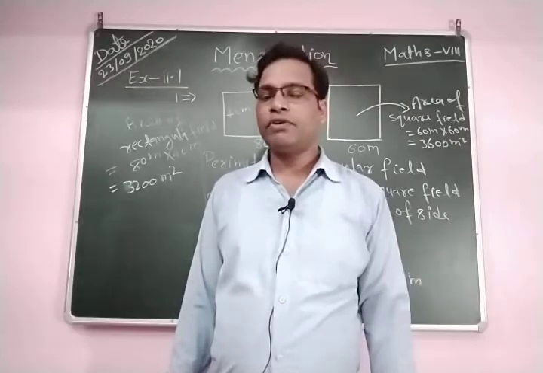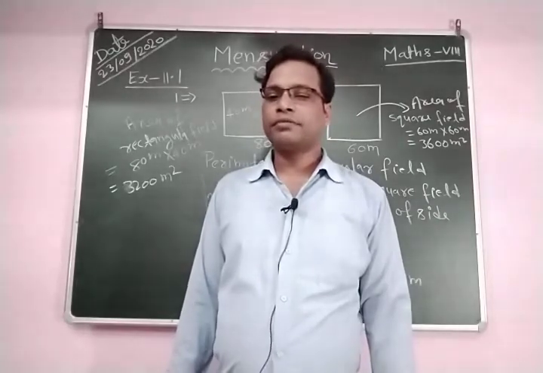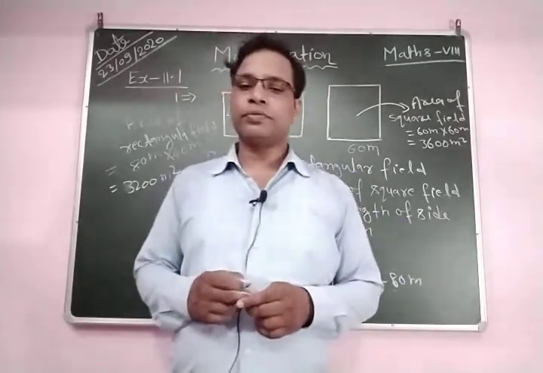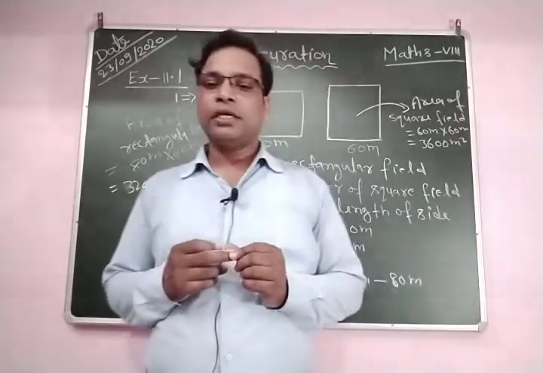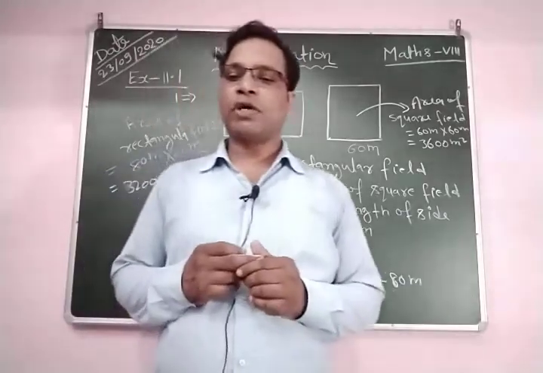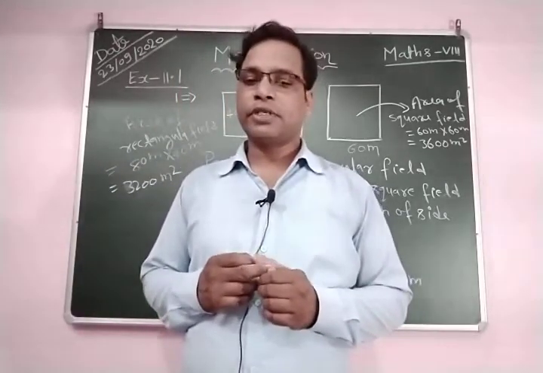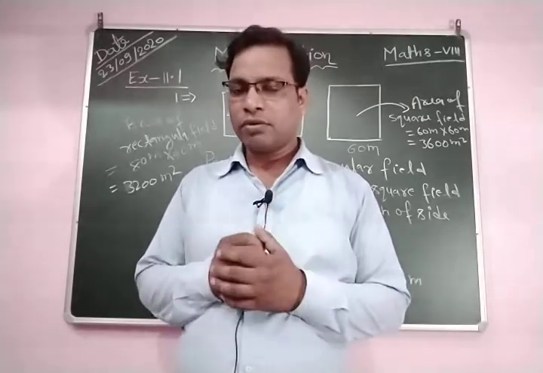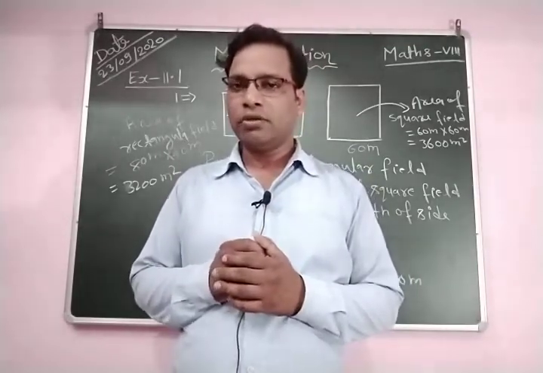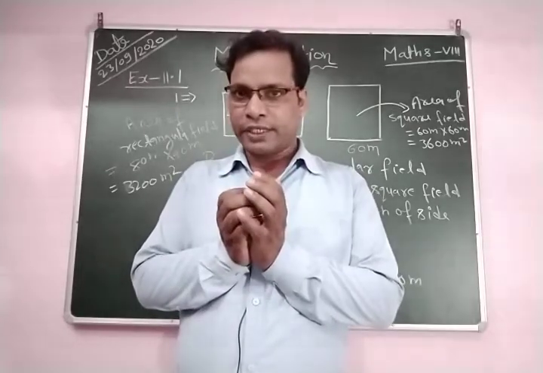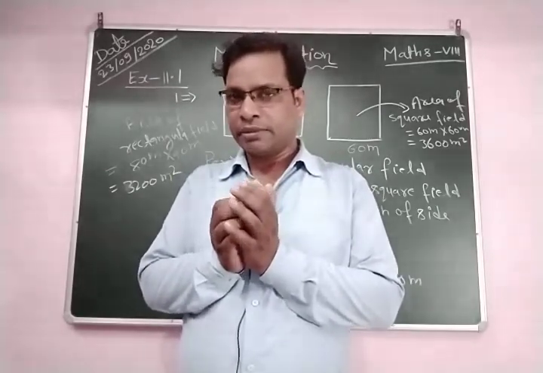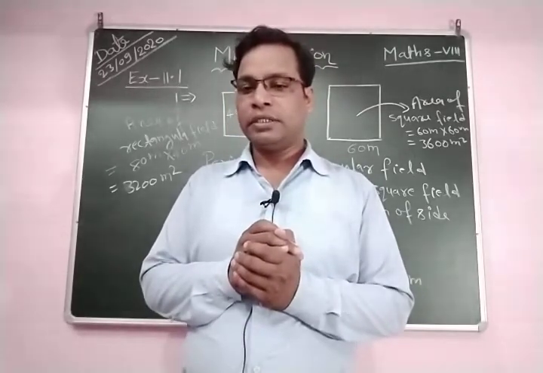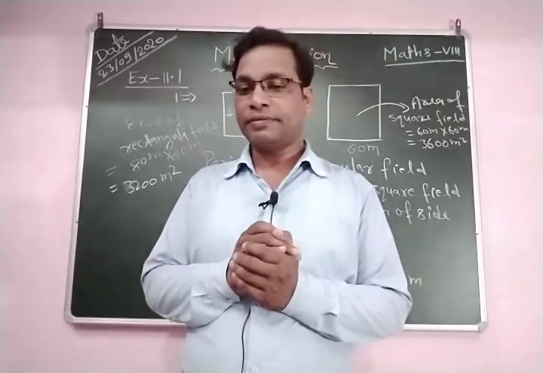So students, I hope all of you understood this question. Now we are going to discuss the next question, question number 2. In question number 2, it is given that Mr. Kaushik has a square plot with the measurements shown in the figure. The figure is given. The side of the square, I know that you can imagine the square shape of the field, is given 25 meters. Okay, this is the shape of the square field.